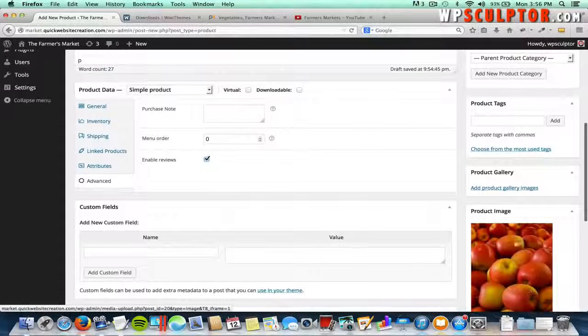And then another really great feature with the My Style theme and the WooCommerce plugin, you can have a product image gallery. And to add images to your product gallery, this is completely optional, and we're only going to add images to the gallery for the Fuji apples page just to demonstrate how that's done. Click on add product gallery images,